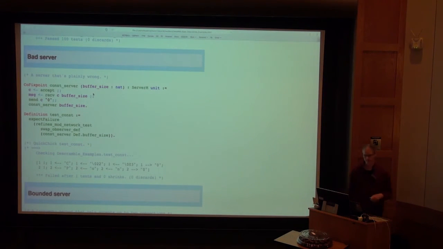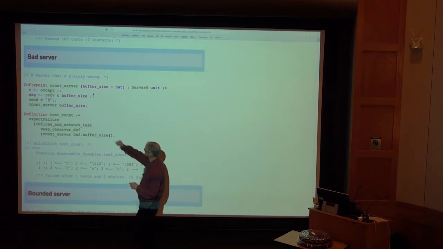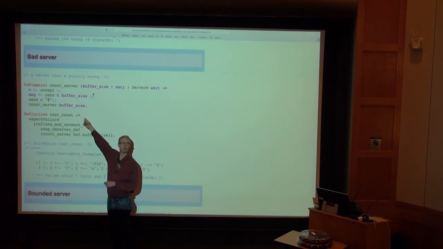So why will the transcripts not shrink? That is, yeah. So why did this example not shrink? Because we are generating it in a way that does not yet support shrinking. Since I'm almost out of time, I should probably say what that way is. So how do you generate tests for this? The way we do it is we randomly explore the interaction tree of the server, of the implementation.